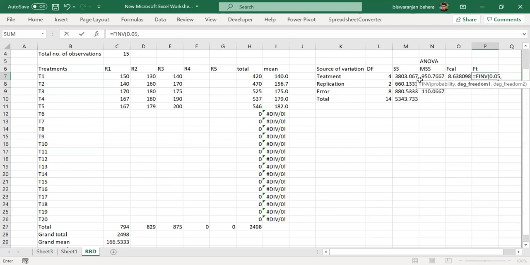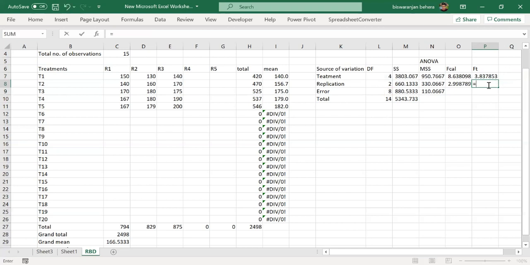Okay, so select the treatment degree of freedom and after that give the comma and select the error degree of freedom, press enter. So this will give us the F tabulated value.